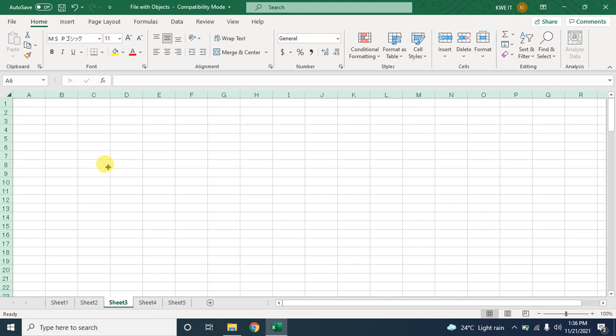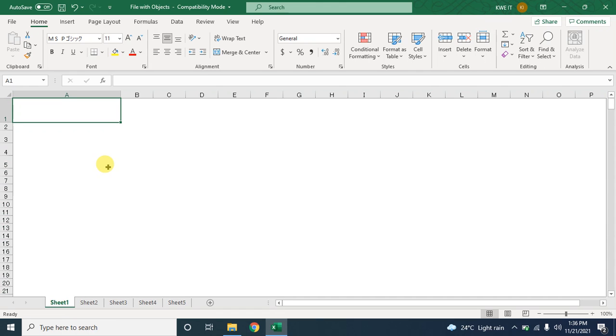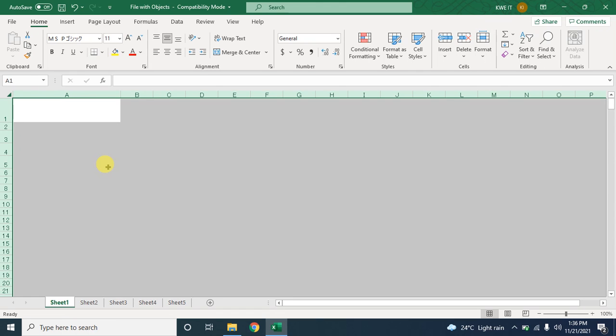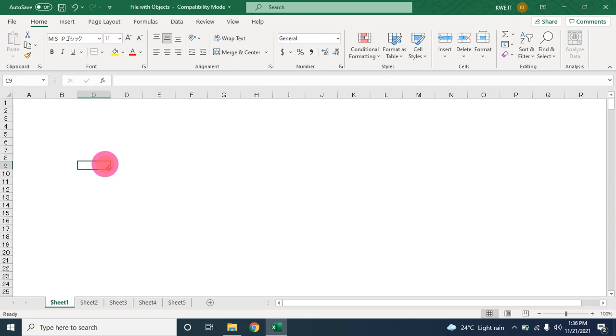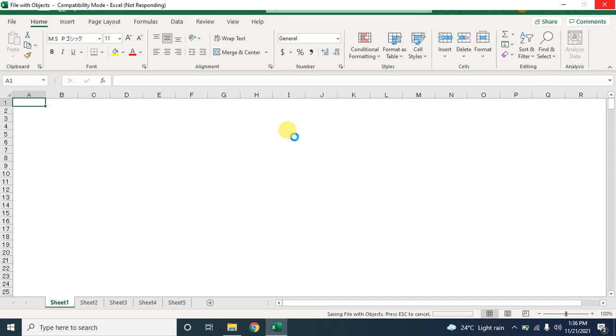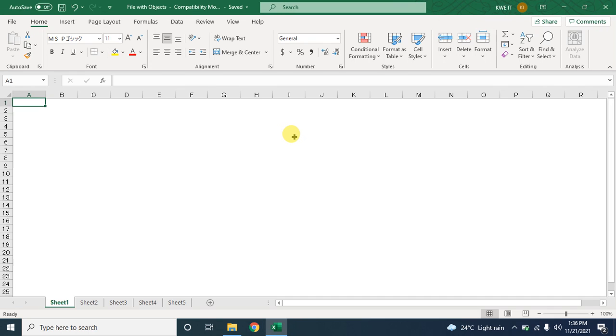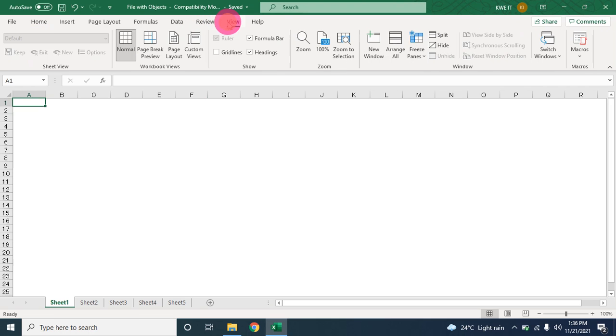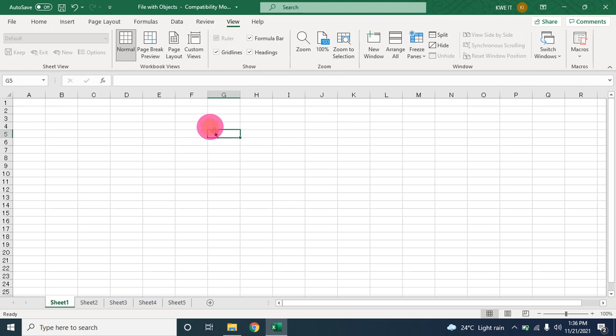Okay, so I'm going to go Home. Great, but still it's hanging. I'm just trying Home, Save. After completely removing the data and formats, it's still hanging. You can see the Excel sheet is taking time and still hanging. So now, how to fix this issue, that is the main thing.